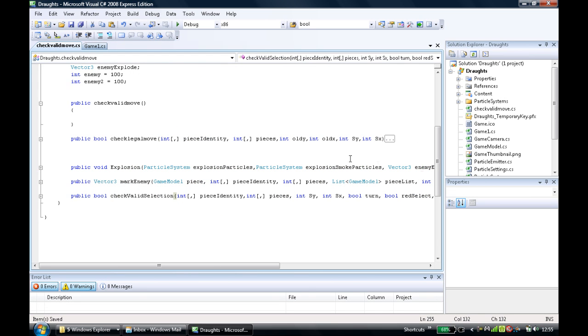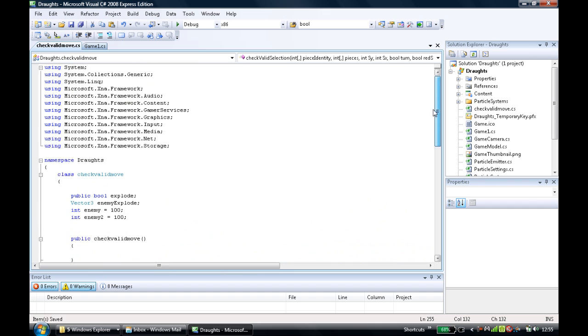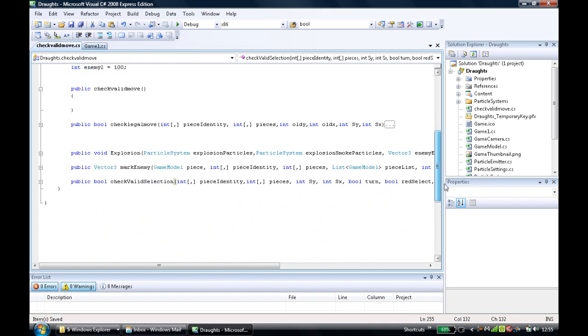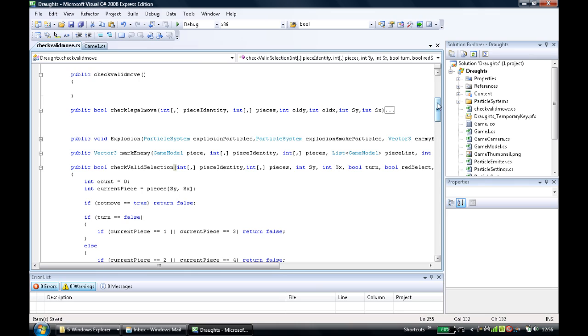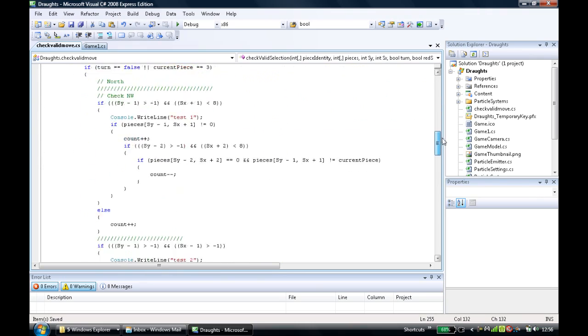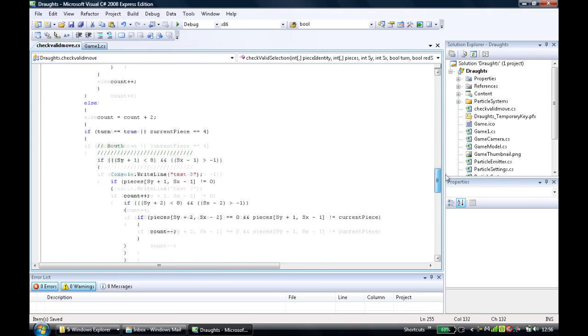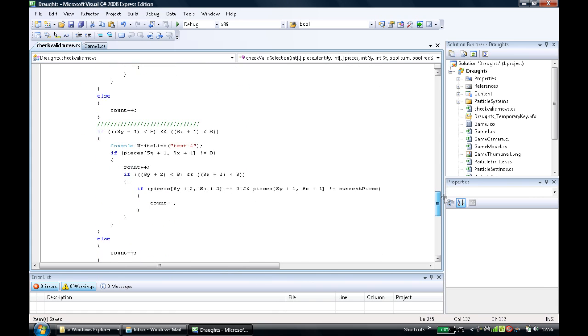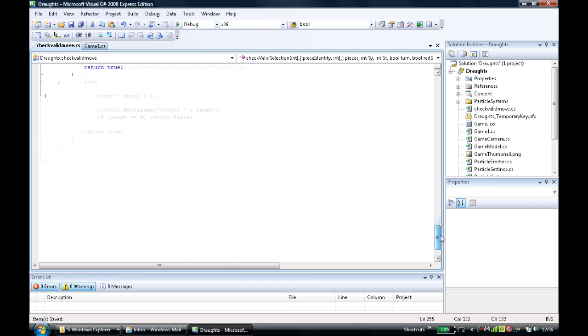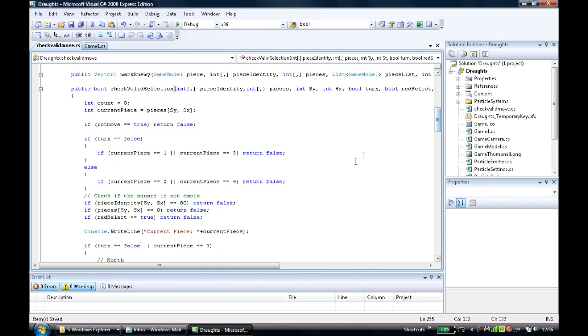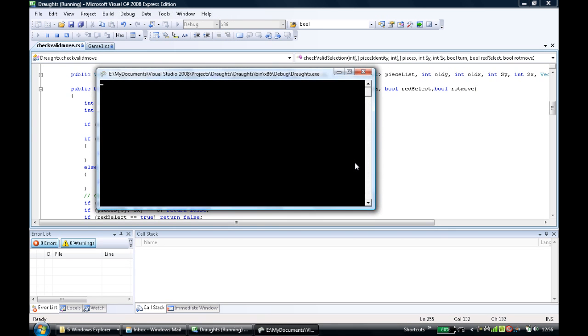Now this class here basically is designed just to check for valid moves. It checks for a legal move after you've selected a piece, and this is checking for valid selection here. It's quite long actually. Basically it's got to check for all four diagonal squares, then it's got to check if the piece can be jumped, and it gets quite complicated quite quickly, and it's really easy to lose your way. But as you can see, now I've added that, you will notice when I run the game again,